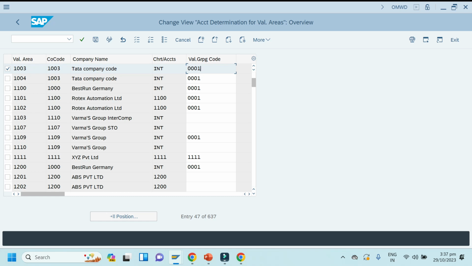Note this first row at least and save. If this is not assigned here, enter and save it. Back to IMG. Similarly for your other plants, if you define them, you can do the same. Back to IMG.